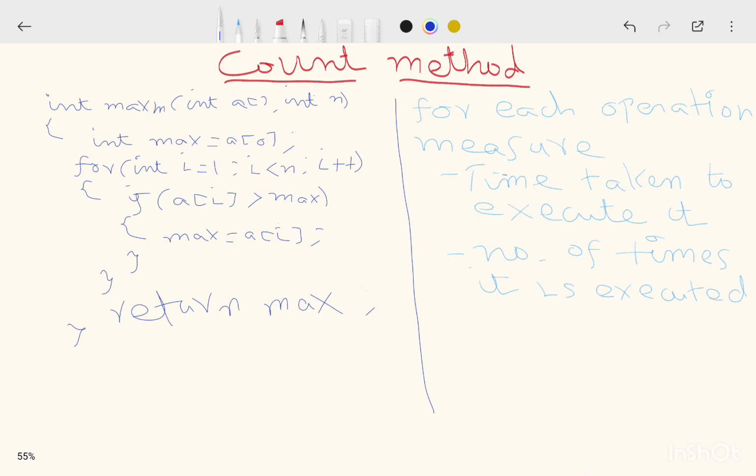So welcome to my next video. In this video we will see how to measure the time complexity using the count method, also known